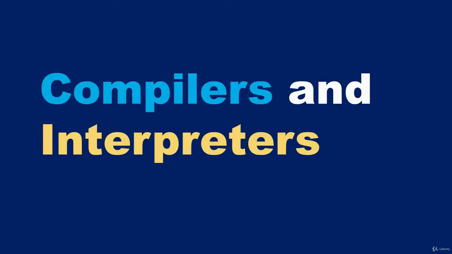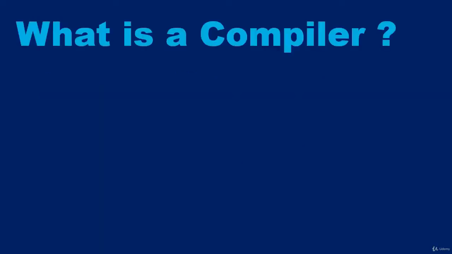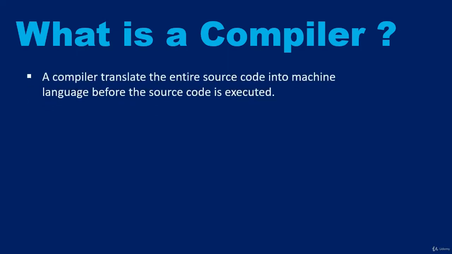In this video, I'm going to introduce you to compilers and interpreters. What is a compiler? A compiler is used to translate the entire source code into machine language before the code is executed. So basically what that means is that for the computer to understand what it is you're trying to get it to do, you have to use a compiler to compile or convert your code into a code that